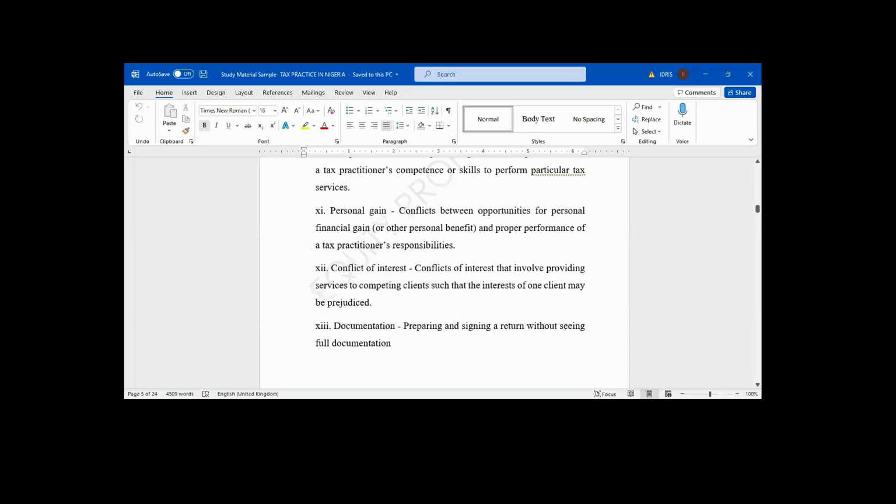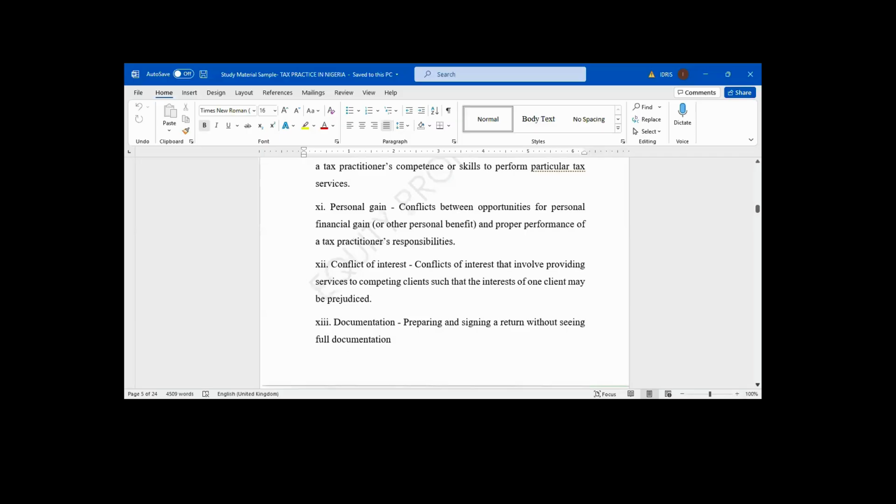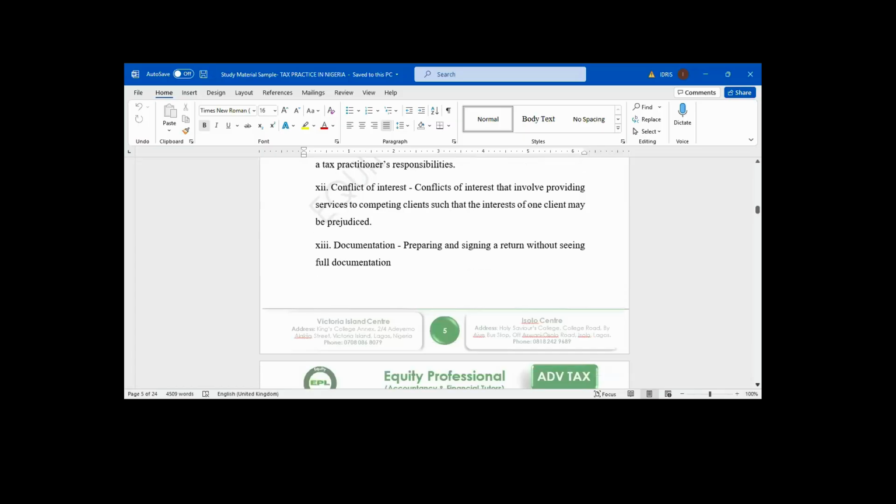As an accountant, an external auditor or tax consultant, you went to the client's office. You did not close your eyes. You are looking at it as financial gain. You don't need to do that. Or you are asking them, please, I need an iPhone 15. It's personal gain. You don't need to do that. So it's against the ethics of the accounting profession, against the ethics of your tax practice.